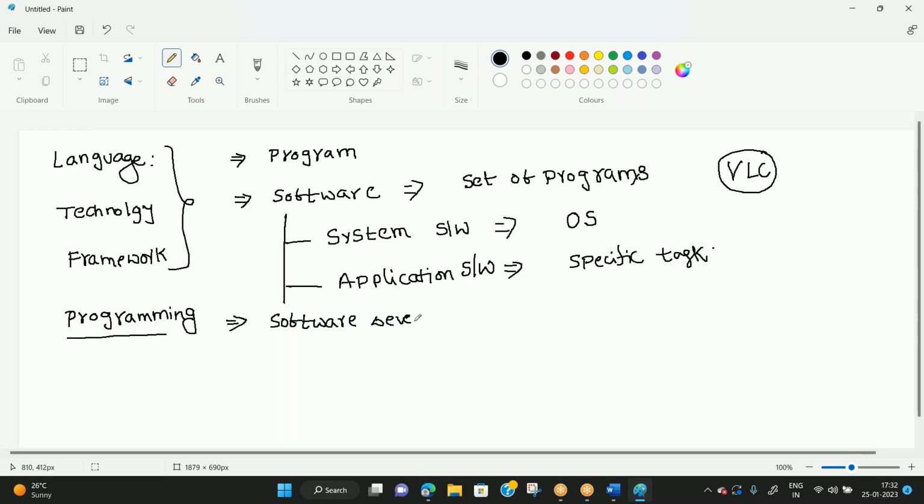Software development life cycle, SDLC. Every project in the software industry follows this software development life cycle. So here we have